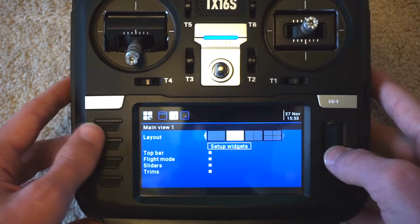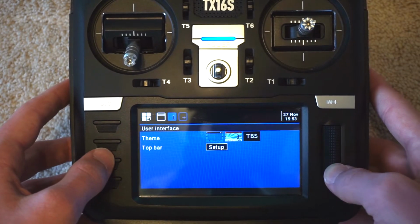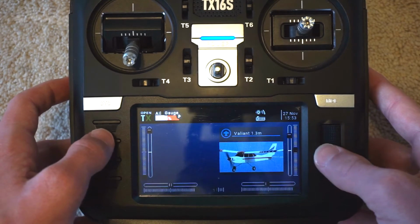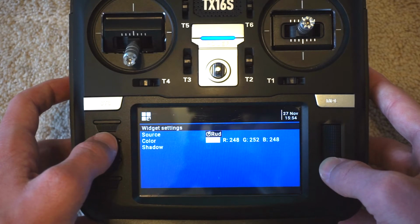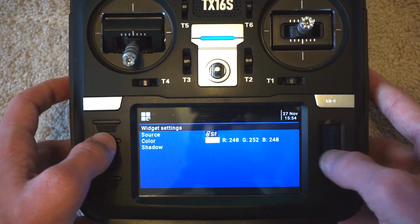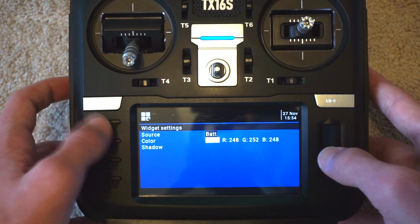Now we're going to set up the home page so we can see our values and we don't need our physical model. So you hit telemetry, and I like to scroll over and then hit edit on the top bar, and what I do is I scroll over to, I think it's value or number, and then select that, and then the source is battery or BATT. What that'll do is tell you the transmitter's internal battery level, which is really